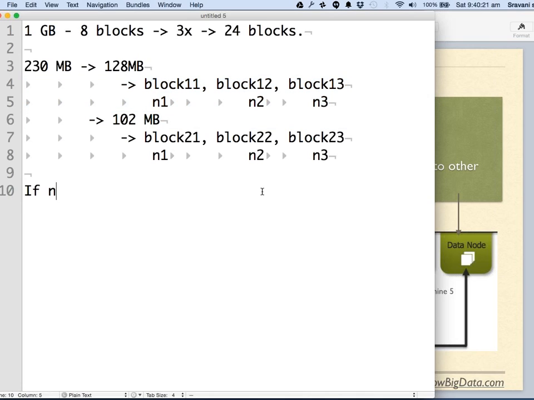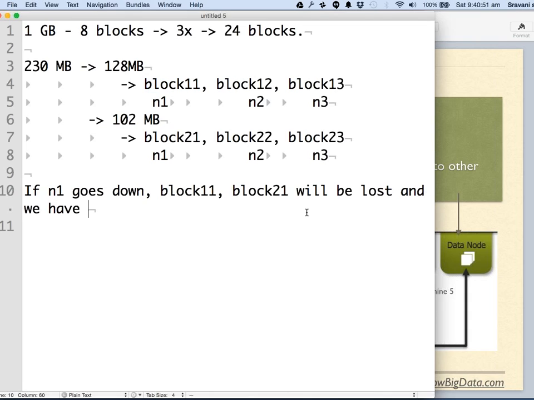Now in case node 1 goes down, block 1 1 and block 2 1 will be lost, right? But since block 1 2 is just a copy of this one, block 2 2 is just a copy of this one, and so on, right? So node 1 goes down and we have a spare node 4.